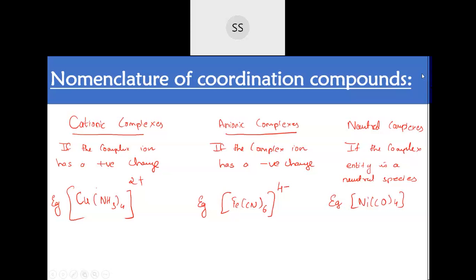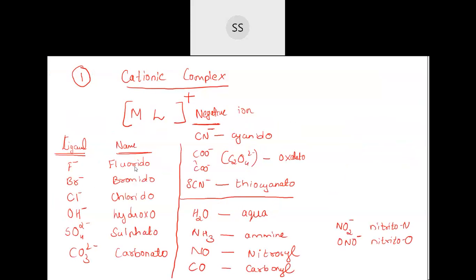Then I told you about the ligand names. You need to keep them in mind. So here there are different ligands. If it's a halogen atom, like fluoride, bromide, chloride, iodide, you just end the name with O. In the ligand case, instead of the last part of the name, you have to end that name with O. Like it was fluoride, now it is fluorido, bromido, chlorido. If it is iodine, then it will be iodido. And then OH minus is hydroxo, sulfate is sulfato, carbonato, CN minus is cyanido, and then oxalato, thiocyanato.